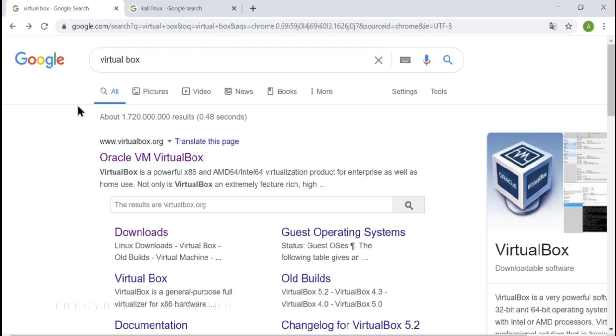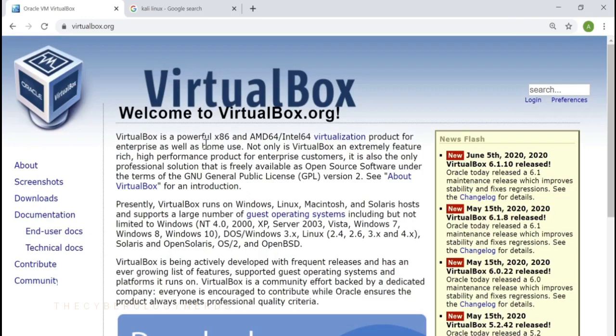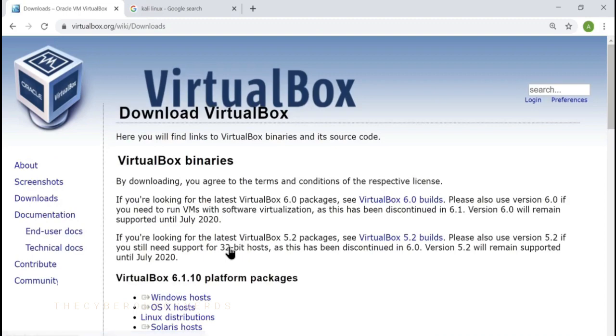To find it, you simply type VirtualBox in your search bar and navigate to the link which says virtualbox.org. Click on it, and it will lead you to the official page of VirtualBox, where you should see this large blue button that says Download VirtualBox 6.1. This 6.1 right here is the current version, so if at the point of you watching this course there is a newer version available, feel free to download that one, since it will make no difference for the course. Since 6.1 is the current version, I will be clicking Download VirtualBox 6.1, and it will route me